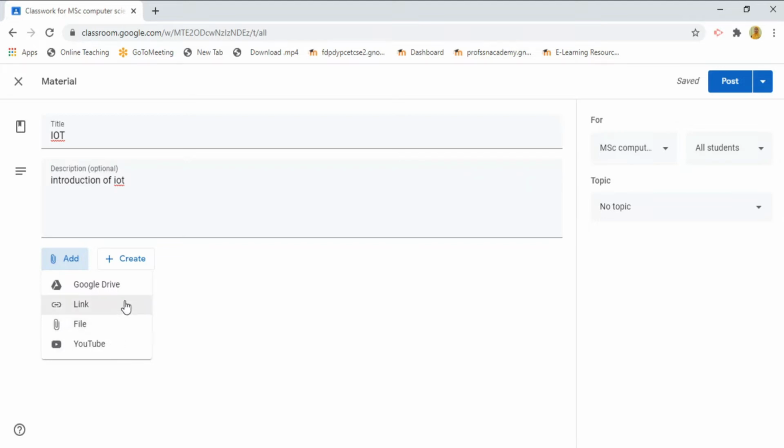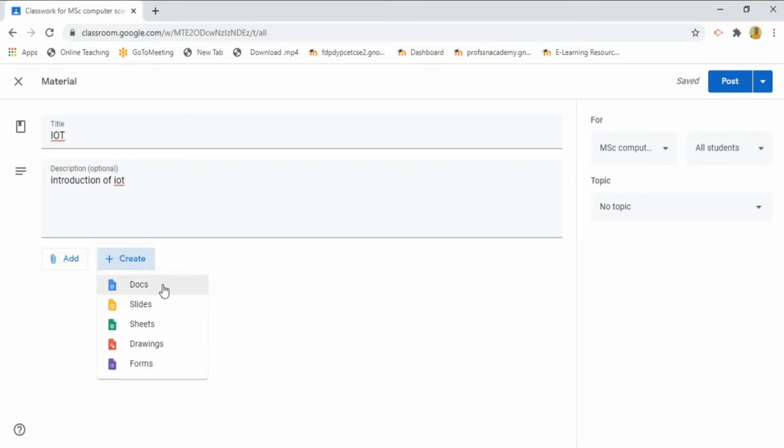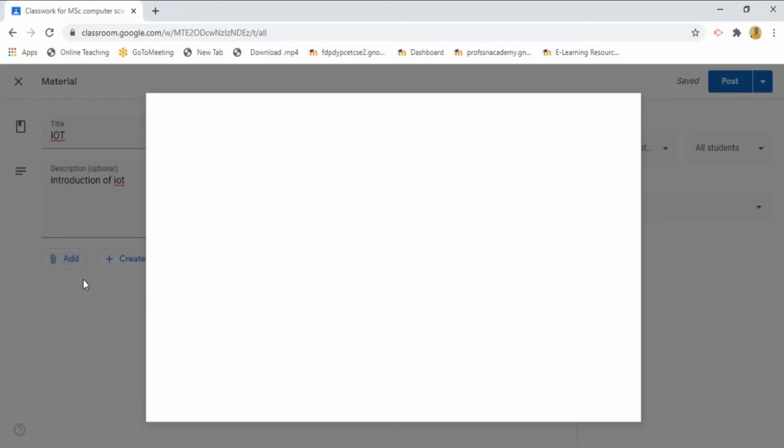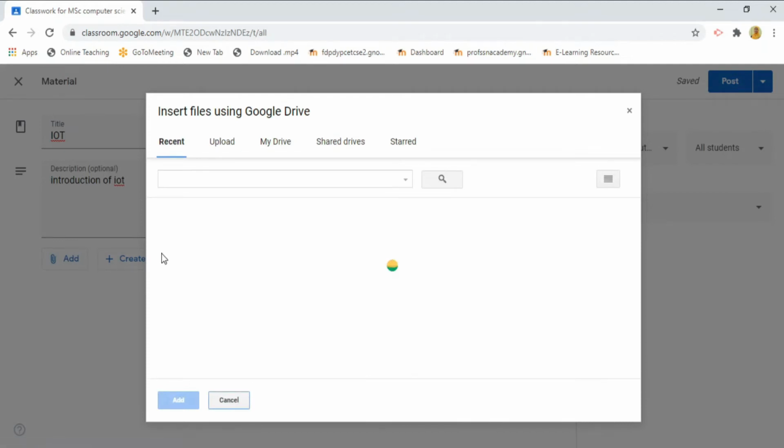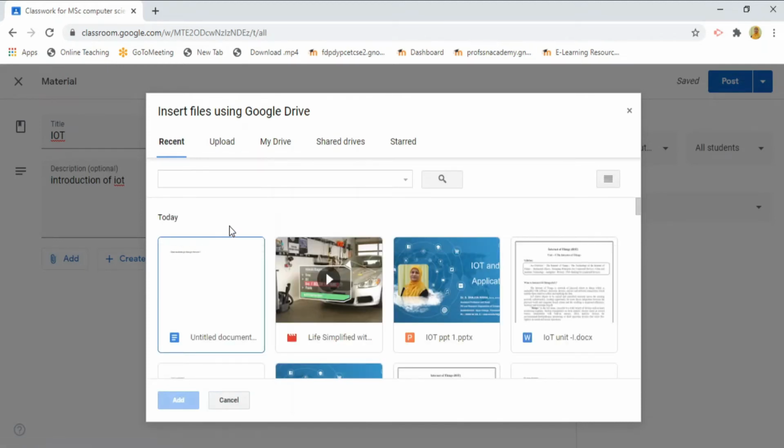Second thing is you can create your assignment or notes dynamically by Google Doc, Google Slide, Sheets, Drawing and Form. I will show you the two methods one by one. Now we are going to see how to add the content by using Google Drive. I am going to upload from the Google Drive.